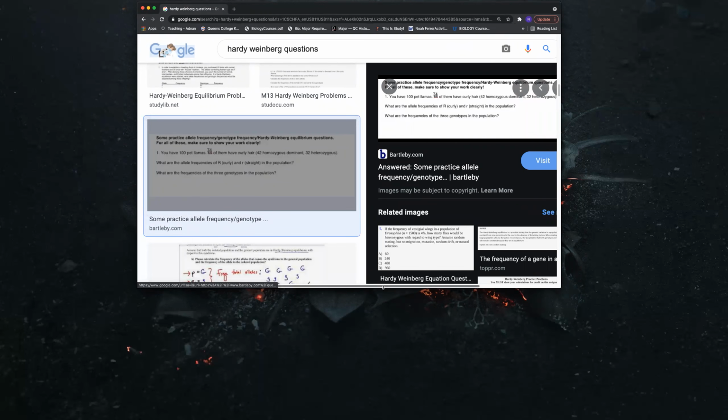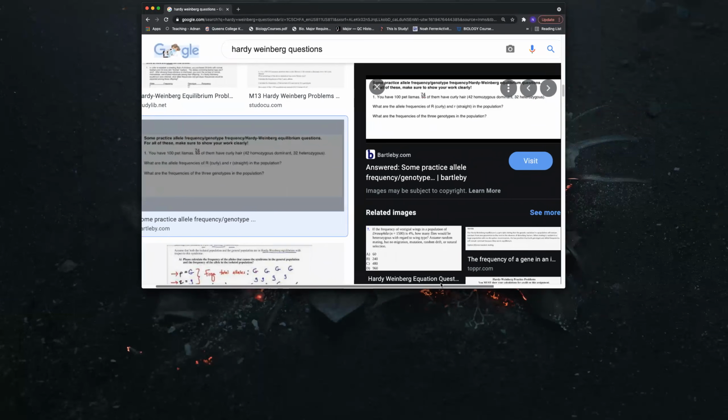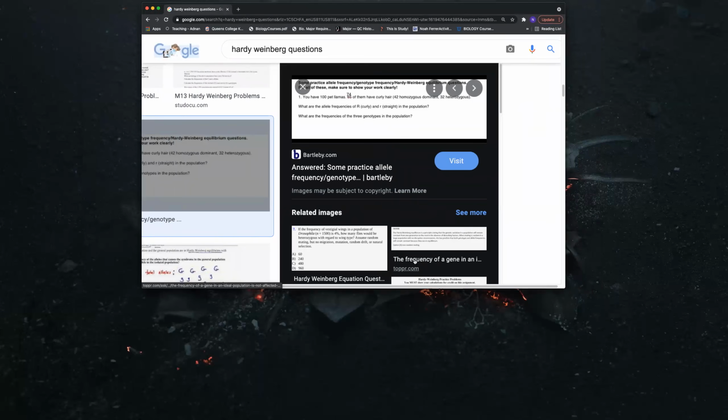You have 100 pet llamas. 74 of them have curly hair. What is the allele frequency in the population of the 3 genotypes? Okay, so